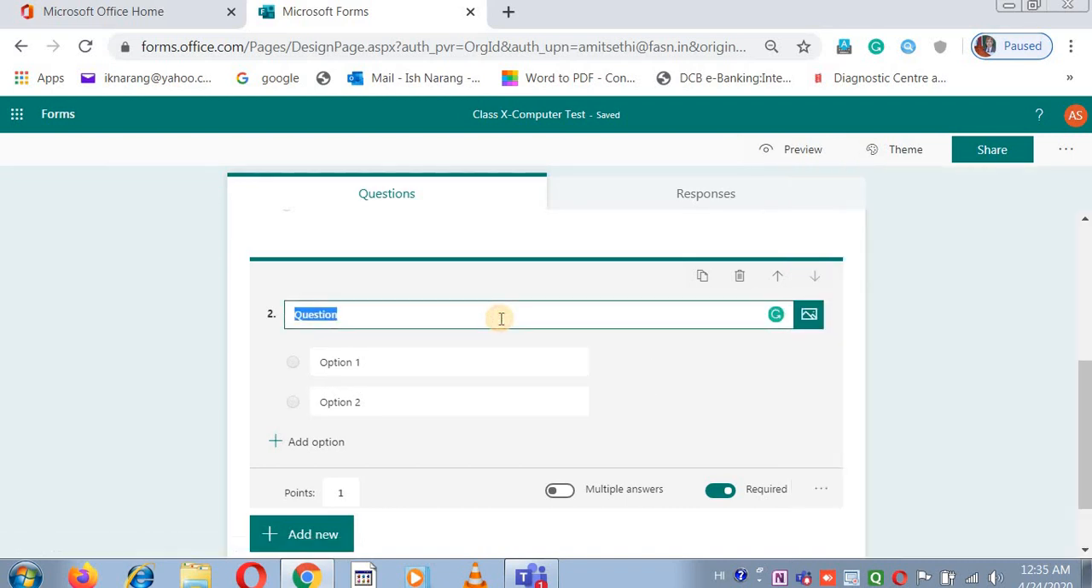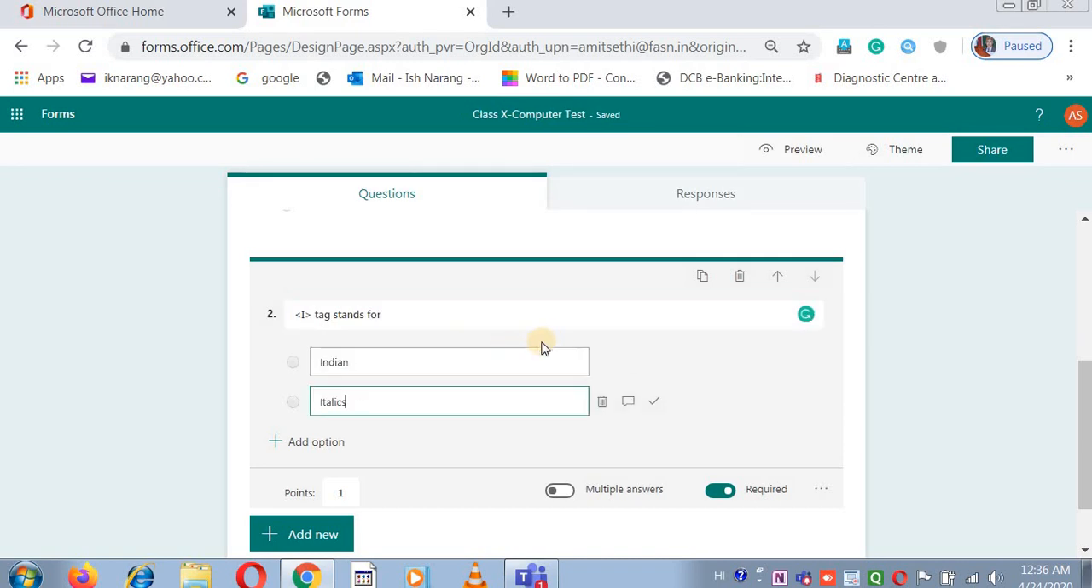Second question, say, what does the I tag stand for? The same way we put the two options here. We know the correct answer is this one, so we'll give it here, and the point is 1, required. The same way you can add questions 2, 3, 4, 10, 12, 30, whatever the number you want. One more question I'll add,